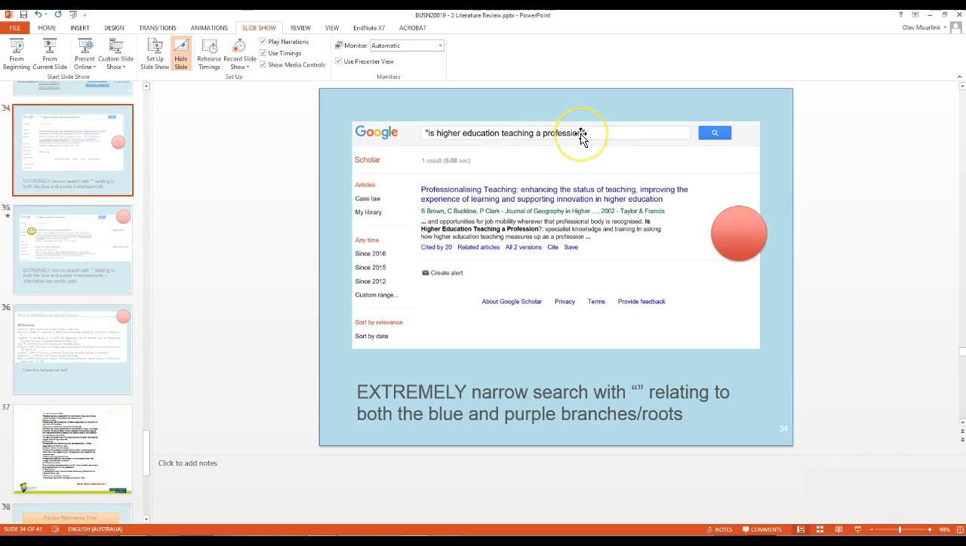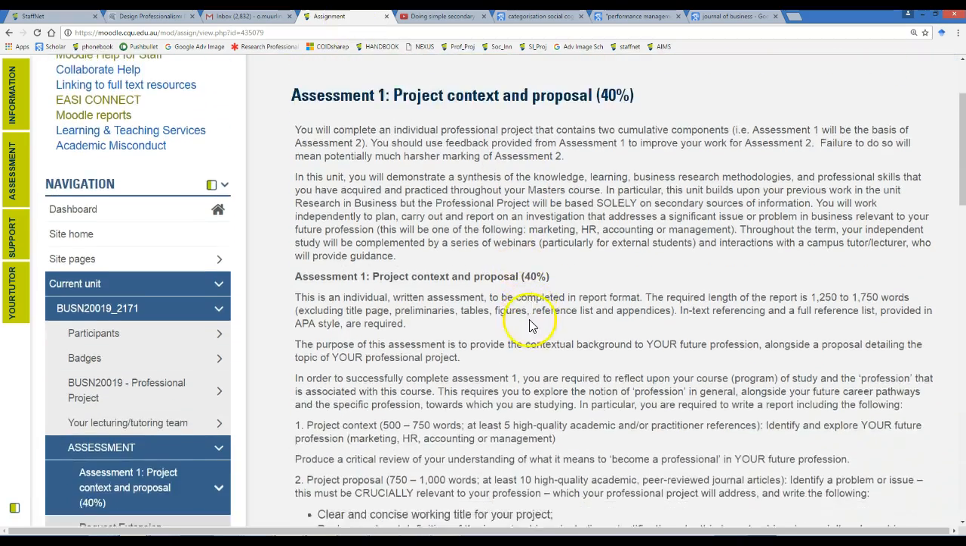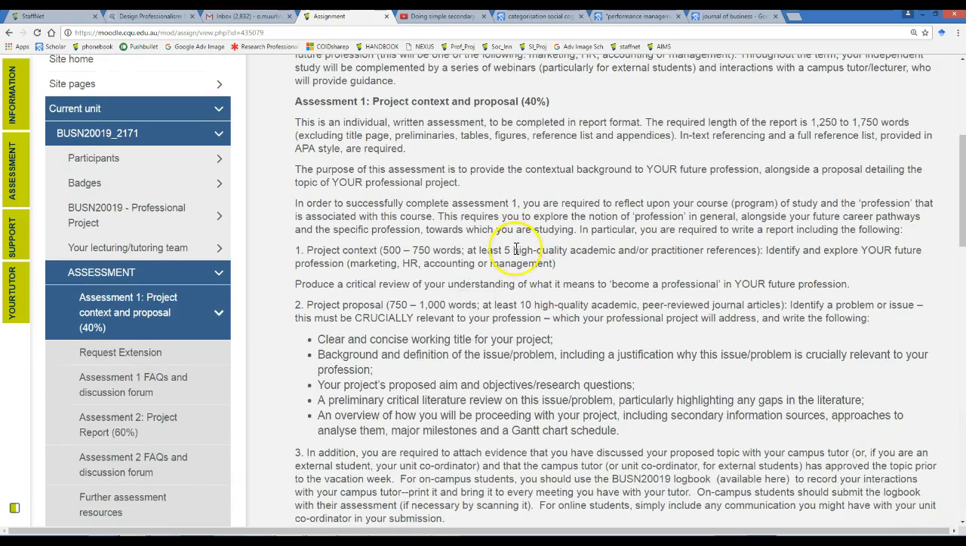Now, remember when you're doing some searches, as part of your assignment, and we'll go back to the assignment here. For the first assignment, which is the 40%, you've got this whole section on identifying and exploring your profession. Now, this is relatively an easy section. We've provided on Moodle a whole lot of journal articles and other sources talking about the nature of the profession. It's general stuff. If you want to find specific stuff for your particular profession, you'll need to find it in,